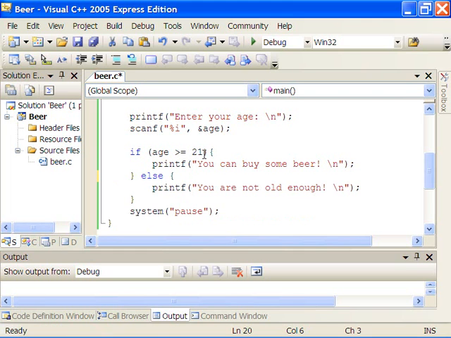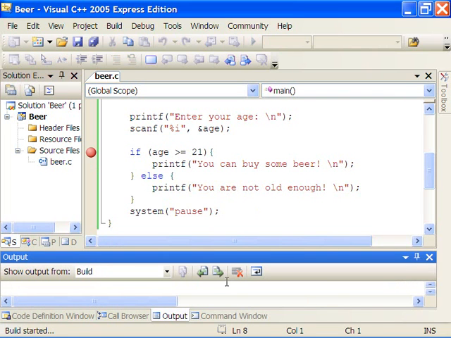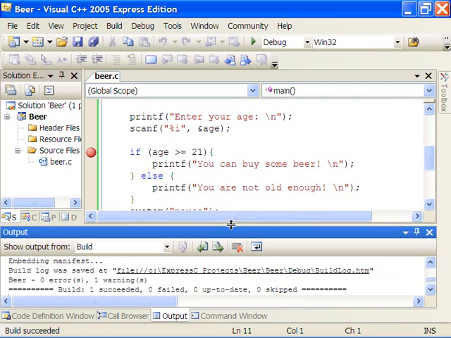So if age is greater than or equal to 21, do this, else do this. And because we have only one statement here on each of the if and else, we didn't need any of these braces. So those are there now only for readability. Let's run this now with the if and the else, and we'll run in the debugger. So F7, let's make sure that I didn't do any typing errors. And F5,